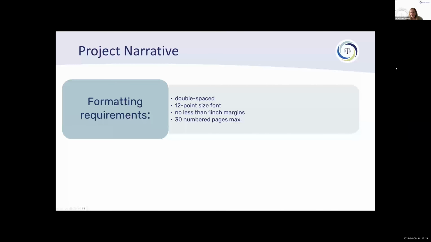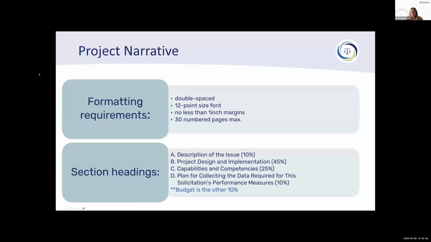So now we're going to move to the interesting part. So all of that is really what we consider planning activities. You're getting ready to write. And now, what are some strategies for writing the document? So the project narrative, and we're going to walk through each of these sections, but it's important to keep in mind,